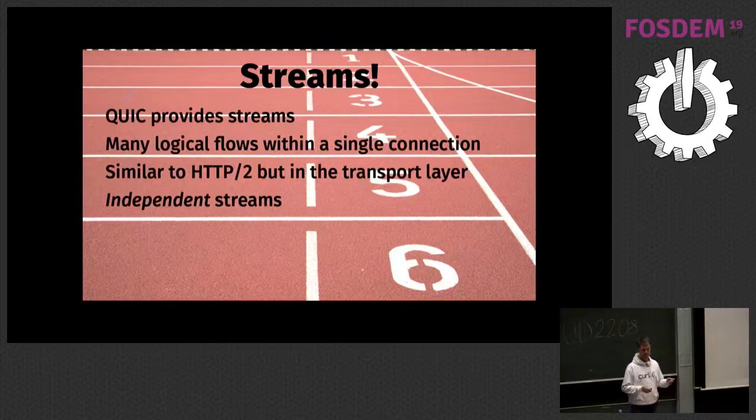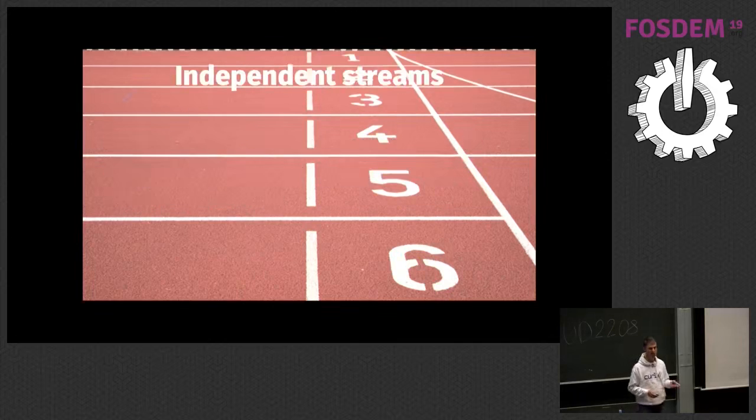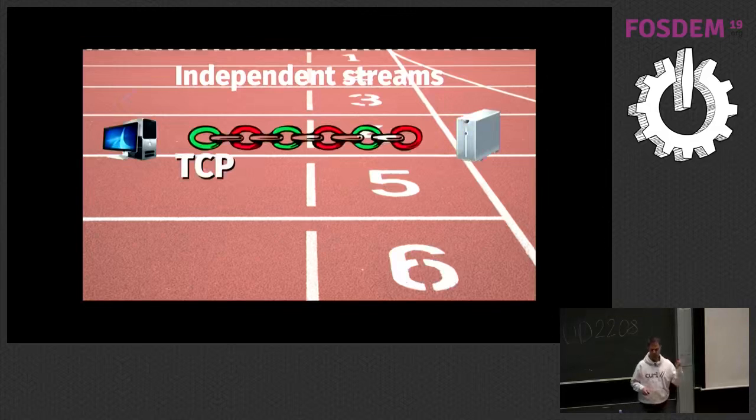Which is sort of magic, and it introduces new fun things. Just to illustrate it, I like to use my chain illustration. Like in the TCP case, when you want to send many different streams, here's a green stream and a red stream, and they're sent over one single TCP connection. If you lose one of the links, like the red link is gone, the green one can't continue, because the link is broken, or the chain is broken.